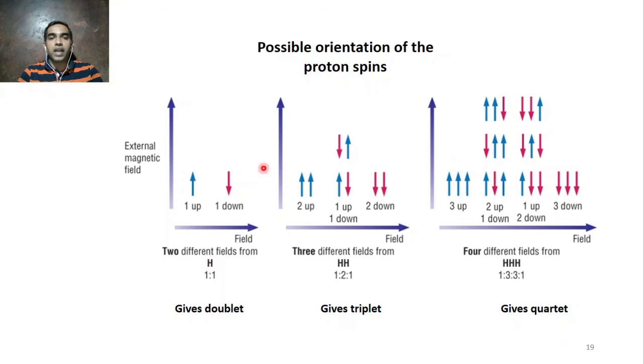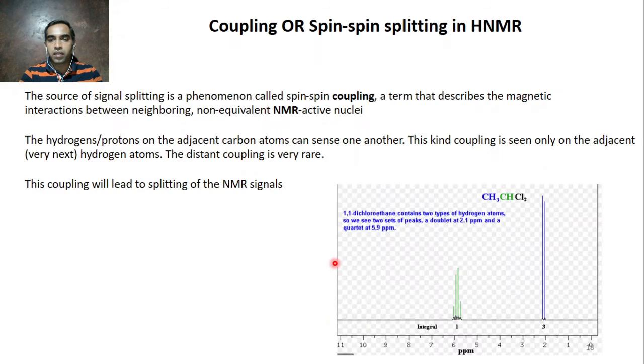And why does it happen? Because they have different orientation. If there is one proton system, there are 2 possible orientations. One is up, one is down. One will increase the field, one will decrease the field. That's why it will split the neighbor into 2. You have seen here, this proton has split this neighbor into 2. How? One will increase, one is decreased. One with a higher delta ppm, one with a lower delta ppm.